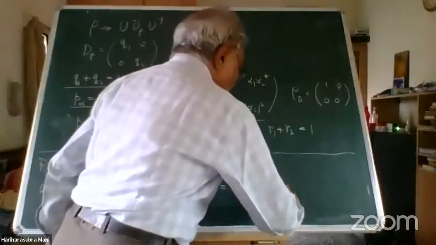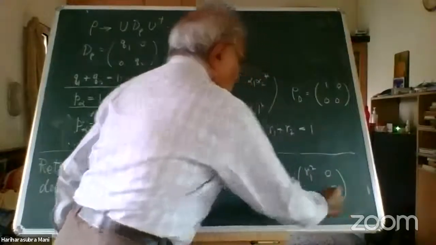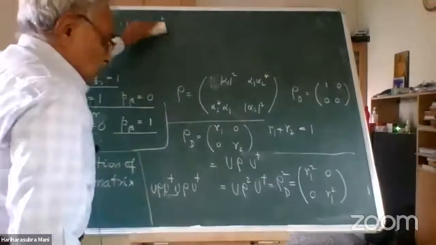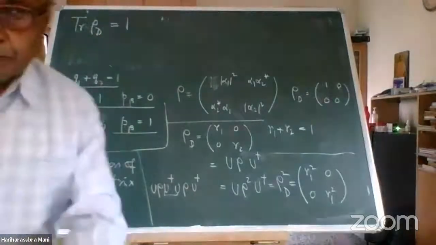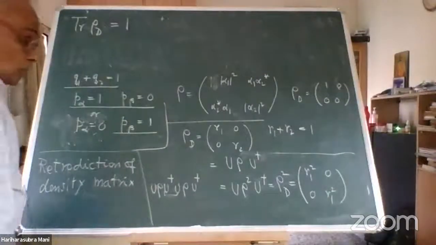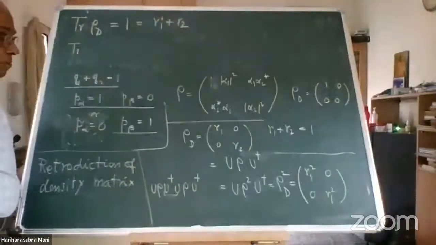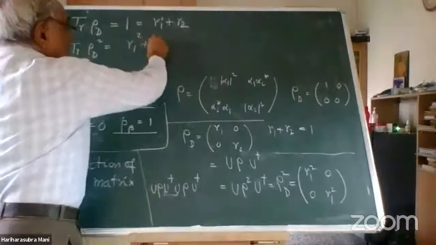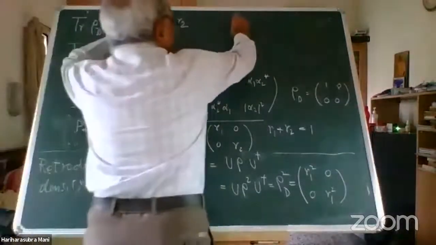So this is nothing but rho d squared, which is R1 squared, 0, 0, R2 squared. Notice trace rho d is 1. This is R1 plus R2. You have already verified that. Trace rho d squared is R1 squared plus R2 squared. Since R1 lies between 0 and 1,